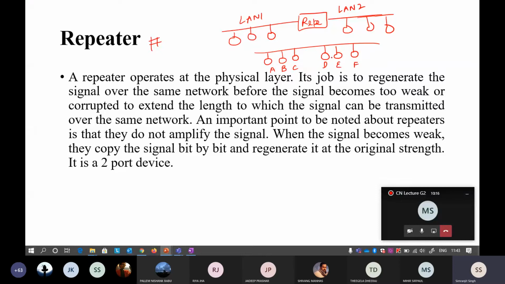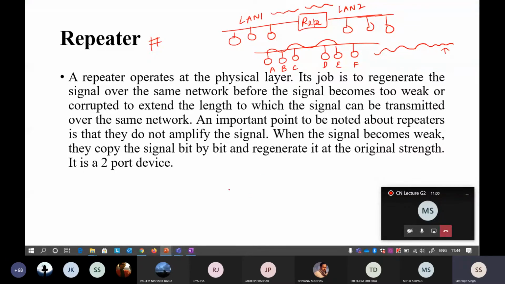When you try to communicate A with E, because it is really far away, the signal will start to lose its strength. Suppose the signal is like this; when it has to travel a little far, the signal will lose its strength. That is why I use a particular device, a repeater, that repeats the signal again. If the repeater gets the output of this signal, it will repeat whatever it is receiving.